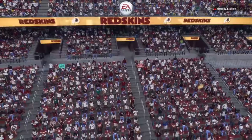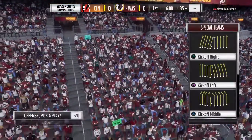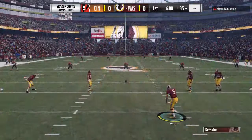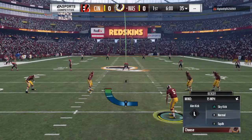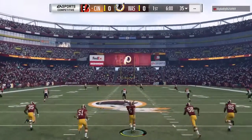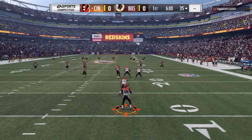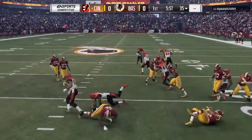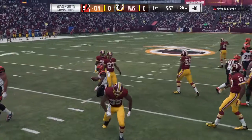All right, Larry, we are due east from our nation's capital at FedEx Field in Landover, Maryland. A few minutes ago, it sounded like the 4th of July on the National Mall as the hometown Redskins were introduced to this sold-out crowd. They are set to go as their guys will match up with Andy Dalton and the Cincinnati Bengals. And a good return as he'll be...